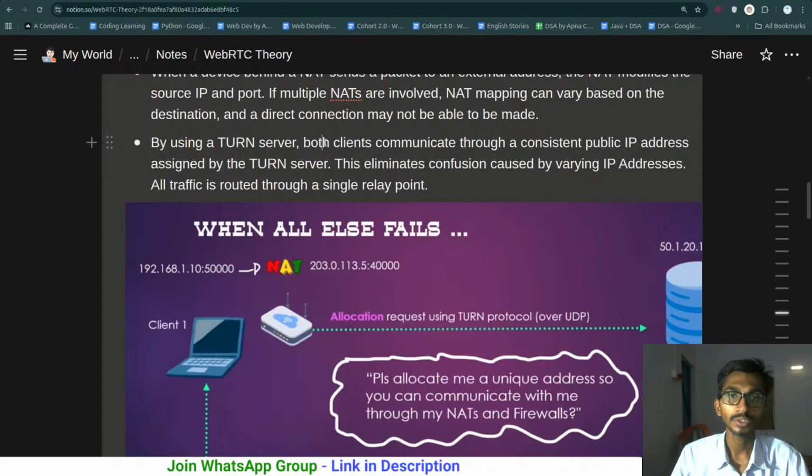By using TURN servers, both clients can communicate through a consistent public IP address assigned by the TURN server. This eliminates confusion caused by varying IP addresses. All traffic is routed through a single